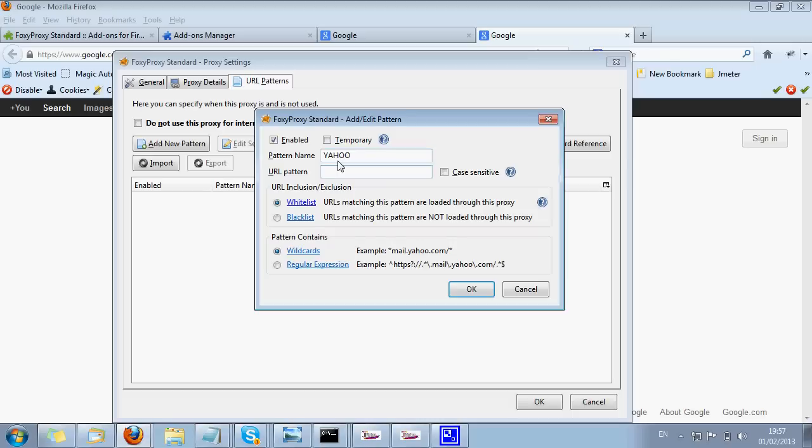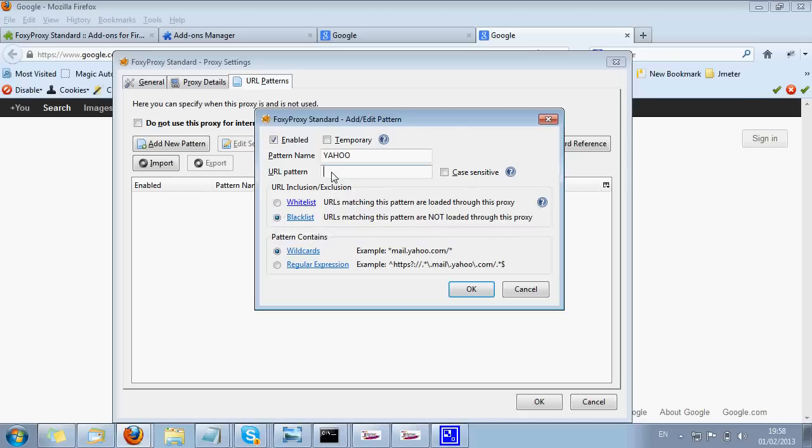For whitelist, if this is checked and we are adding a pattern over here, any URL we are writing over here is going to be recorded with that proxy setting. And if blacklist is checked, then the URL mentioned over here is not going to be recorded with that proxy setting.